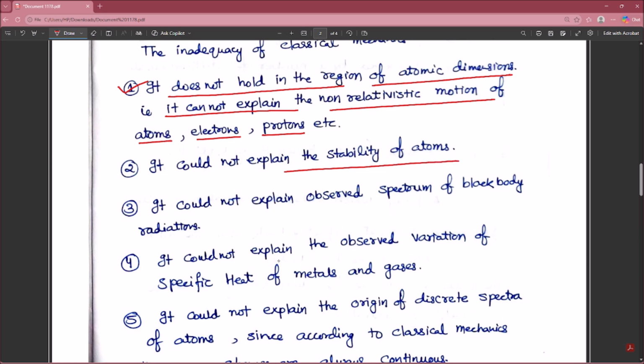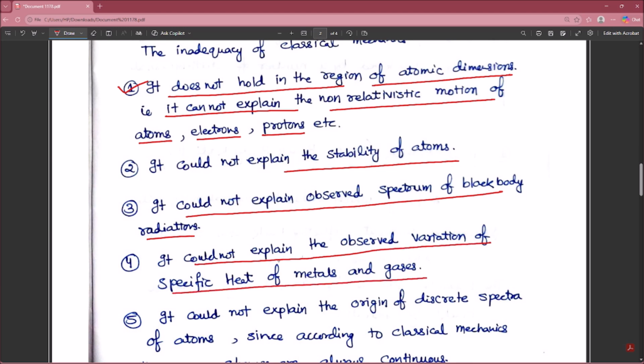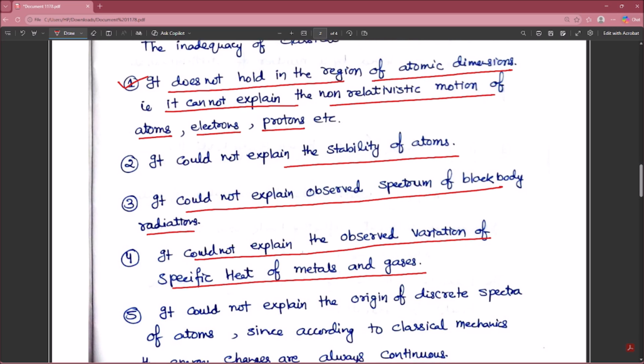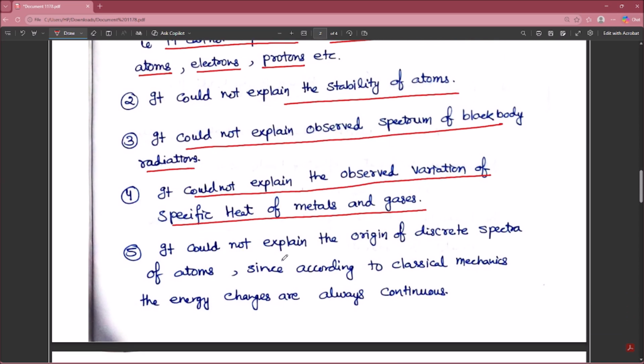which we'll see in Niels Bohr's theory. It could not explain observed spectra of black body radiation. It could not explain the observed variation of specific heat of metals and gases. It could not explain the origin of discrete spectra of atoms, since according to classical mechanics, energy changes are always